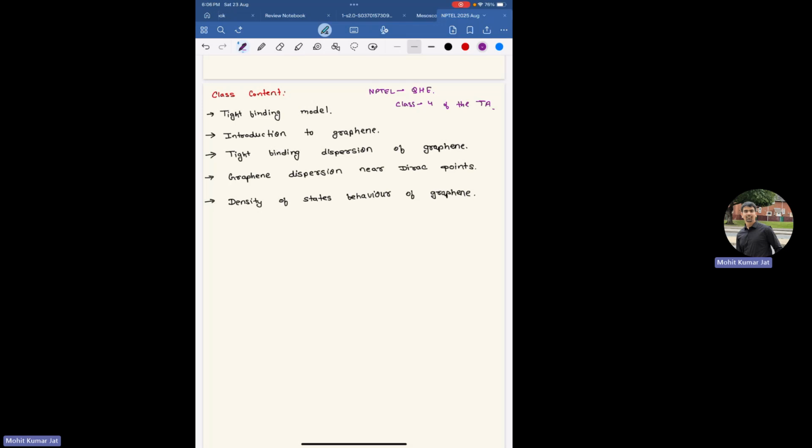intro to it. Then I will talk about graphene, which is a 2D material made up of carbon. Then I'll go on discussing the tight binding dispersion of graphene, and then see the dispersion near the Dirac points, how it looks. And in the later part, we will see the density of states behavior of graphene, how the density of states evolves as a function of energy in graphene, and later we will introduce the magnetic field in